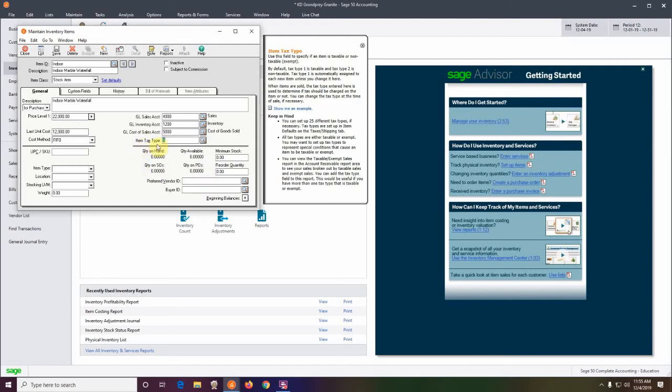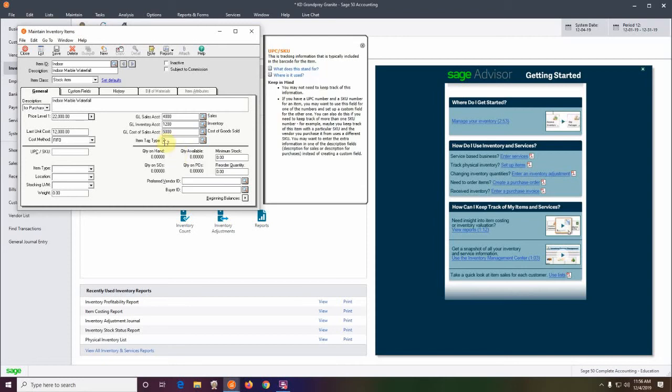This item tax type means whenever I sell this thing, is this a taxable thing? Now, if we were selling these waterfalls to the public, then we would have to set up sales tax, and this would use a code of 1. A 1 is regular, meaning it's taxable. And number 2 is exempt, meaning it's not taxable. We only sell to wholesalers here at Grand Prairie Granite, so we don't have to ever worry about sales tax. So I'm going to double click on the 2,